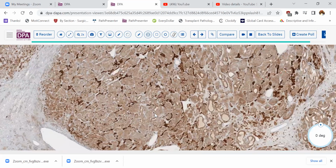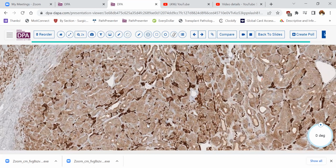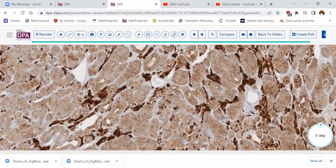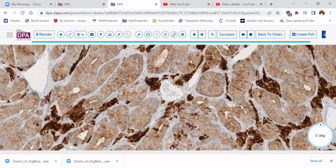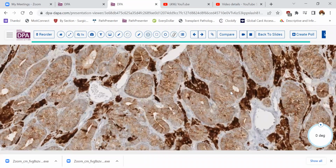And as you can see, there's a nice, clear distinction between the Sertoli cells, which are staining positively, pale membranous staining, and the Leydig cells, the interstitial cells in between these tubules and pseudoglands, which show much, much more strongly and much more intense staining pattern with this marker. So I thought this was a very nice illustration of this distinction